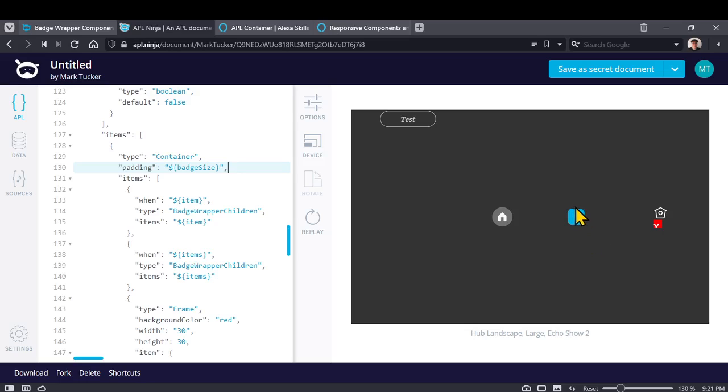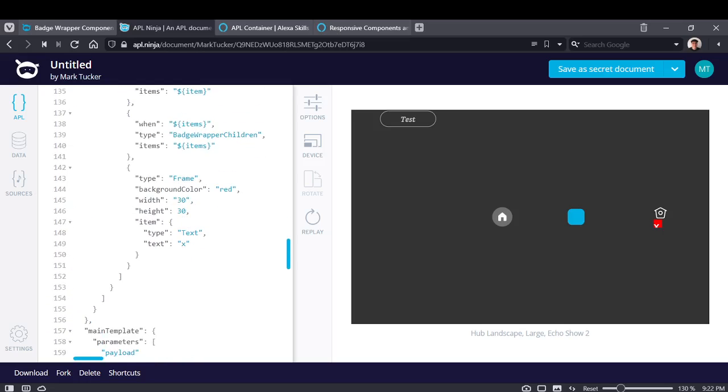So what we've basically done is, this component's here, but then we've added some padding around it. So we're going to add some padding around here, the same size as the frame, which is going to be our badge. So that's what that is doing. So let's go ahead and take this frame component here, and we're going to replace